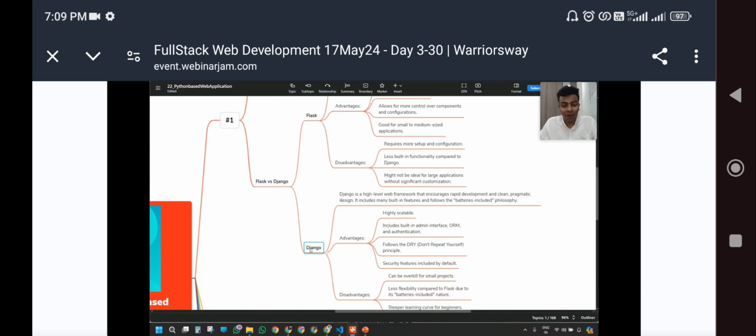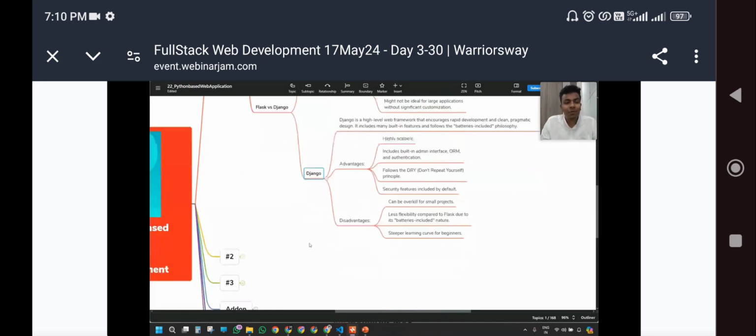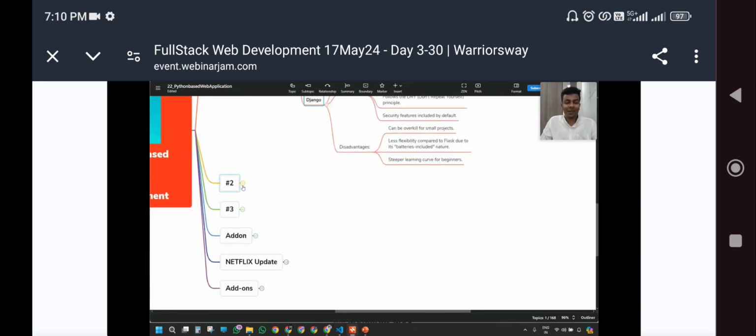Okay, so I hope you guys have got a clear difference between Flask and Django. And yeah, this is what it's all about, the overall features, advantages and disadvantages. I don't want to bore you, so I've just given precise content about Flask and Django with the help of these bullet points. So now it's time to create a project. I hope you guys are super excited for the hands-on.